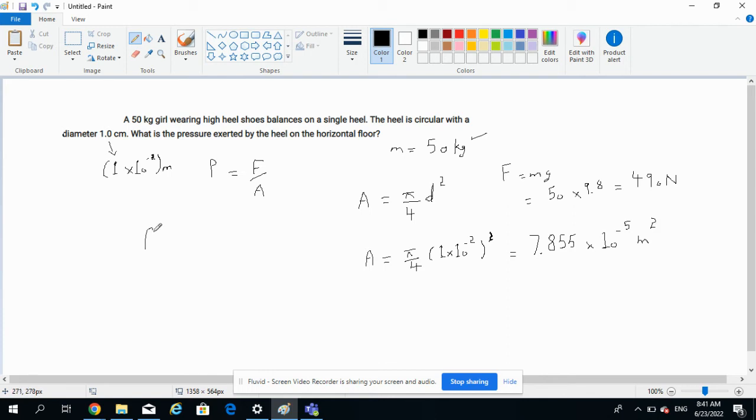Once you've done that, you put these values in the pressure formula. So force was 490 Newton divided by this value over here, which is 7.855 into 10 raised to power minus 5. Of course, do not forget the SI units, because in physics it has a lot of value, as I told you. So you can put this in your calculator: 490 divided by 7.855 into 10 raised to the power minus 5. The answer you will get is